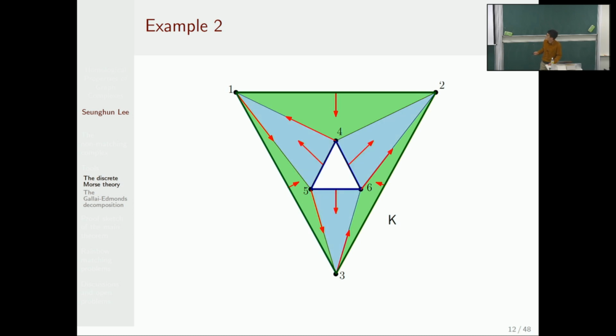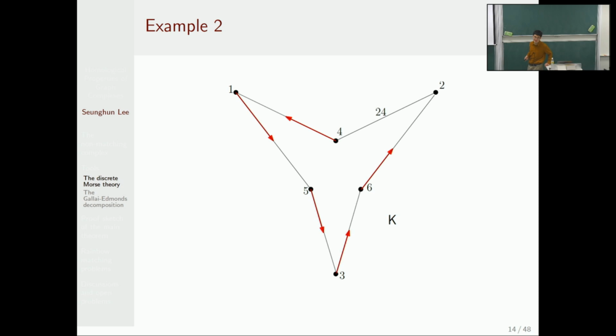Yeah. So actually we should consider the blue edges. Similarly, we can make the same argument for the blue edges in the middle, 4, 5, 5, 6, 4, 6, and the light blue faces in the middle. So we can collapse them. And with the same argument, we can collapse the green faces so that we have this. And of the remaining faces, actually 2 and 2, 4 are critical faces.